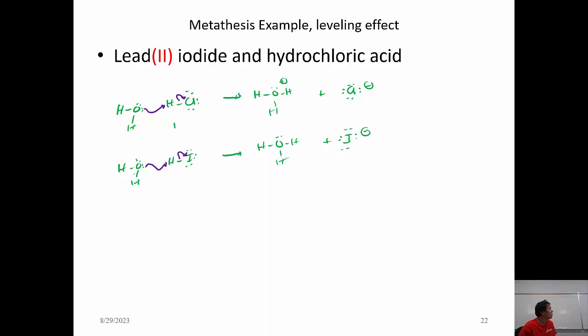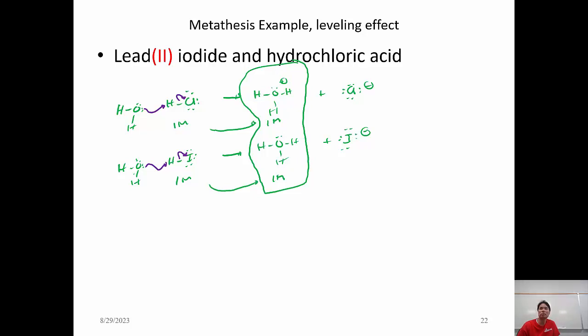So if we start off with 1 molar HCl, and we start off with 1 molar HI here, what's going to happen is we're going to end up with 1 molar hydronium. Over here, stoichiometry predicts we're going to end up with 1 molar hydronium. So when we look at these two solutions, the products of these two, can you tell the difference between them? I formed 1 molar hydronium here, and I formed 1 molar hydronium here. There's no way to tell the difference. Both of them are 1 molar. And so this is called the leveling effect. The leveling effect is we form the same amount